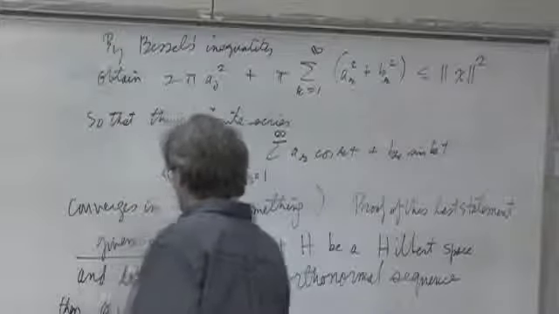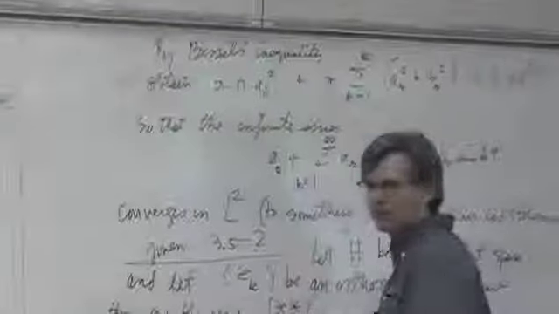Then A: the series, I'll call it double star, because I already used my star, the summation of alpha k ek. I'm just going to do it more abstractly, but you can see the immediate application to the trig series. It converges in H if and only if the sum of the squares of the coefficients converges. Okay. Further, in this case,